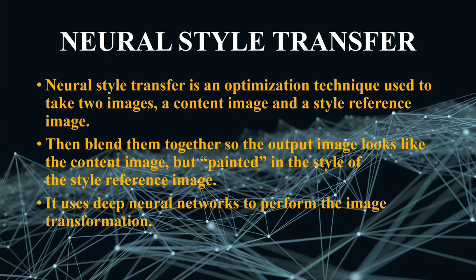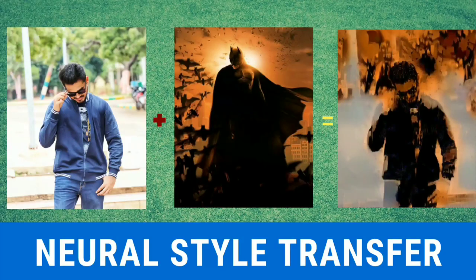So you take an image, consider that is your image, so that will be called the content image, and there is an image which has some style, so consider it as a graphic image. So if you blend them together, then the output image will be your image with the style of that image taken as a reference. So let us see this example.